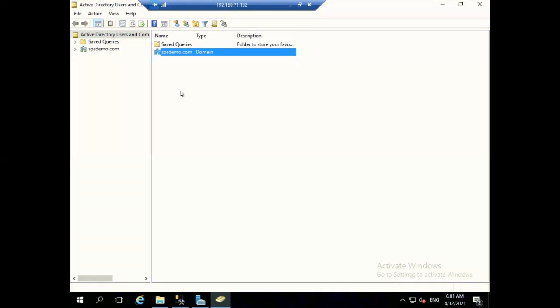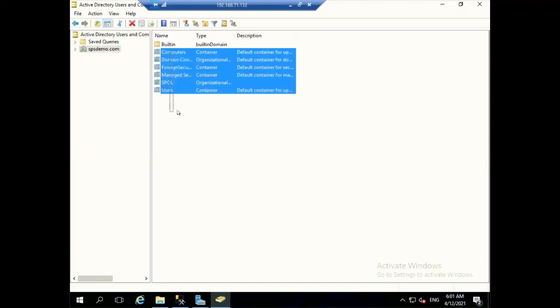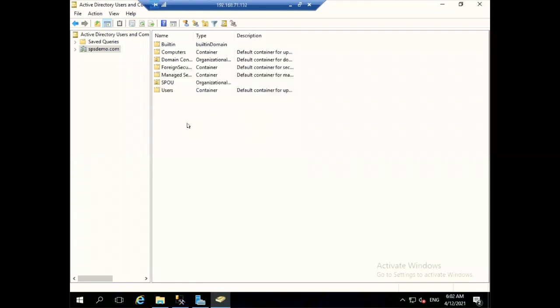service, which is called Active Directory service. Hit that one. It will get expanded now. Just double click the spsdemo.com. All right. So it has been expanded now. There are so many things which we are able to see, just like a folder, right? You see there are so many folders, built-in, computer,